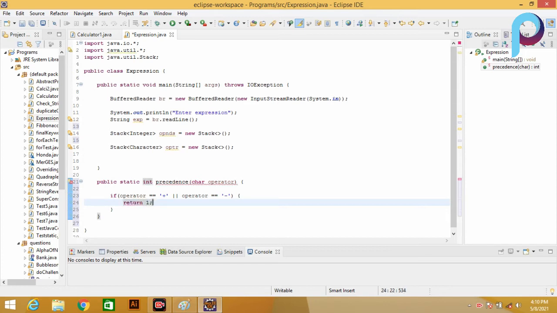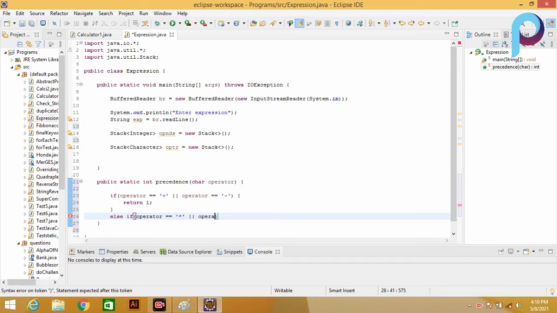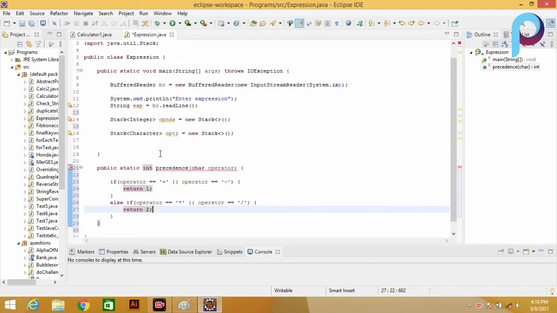Okay, now else if we are checking operator equals multiply or operator equals divide, we return 2. Okay, that's it.